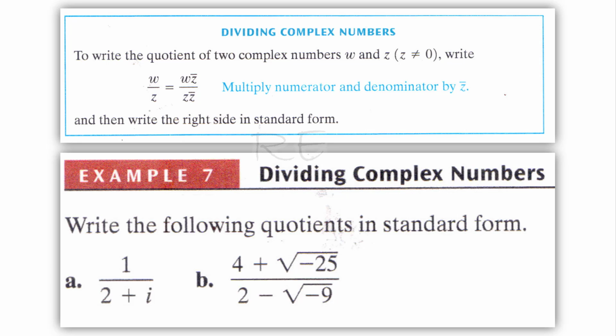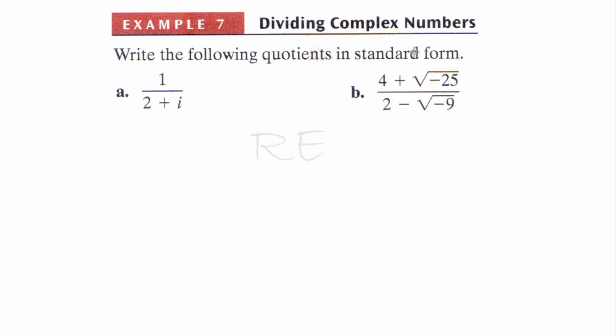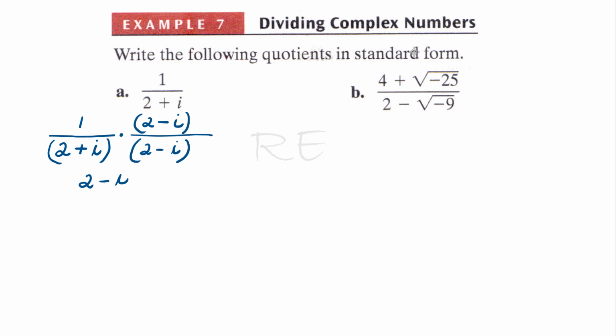When dividing complex numbers, we must multiply numerator and denominator by the conjugate of the denominator and write the expression in standard form. 1 over 2 plus i will be multiplied by 2 minus i over 2 minus i. 2 minus i is the conjugate of 2 plus i. We distribute 1, we get 2 minus i,